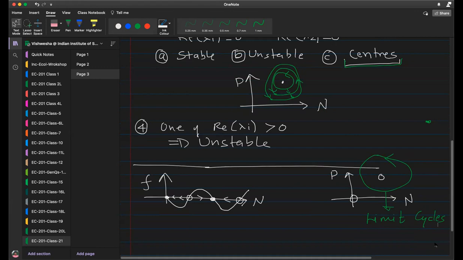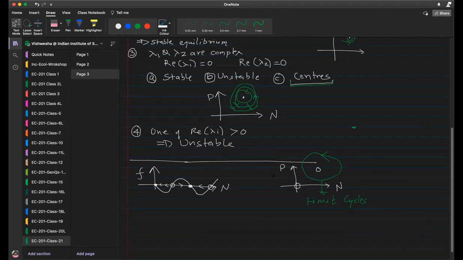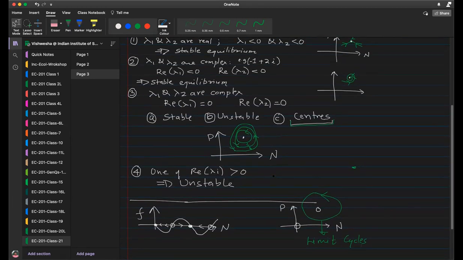This is also why I don't try to go too much into two species systems, because it mathematically becomes slightly more involved. But for those of you who are interested, the book by Strogatz or even any book on theoretical ecology usually has these things. What is the difference between centers and limit cycles? Centers are more like neutrally stable. If I push a center, it just makes another loop, which is different from the previous one. A limit cycle is actually a stable cycle.